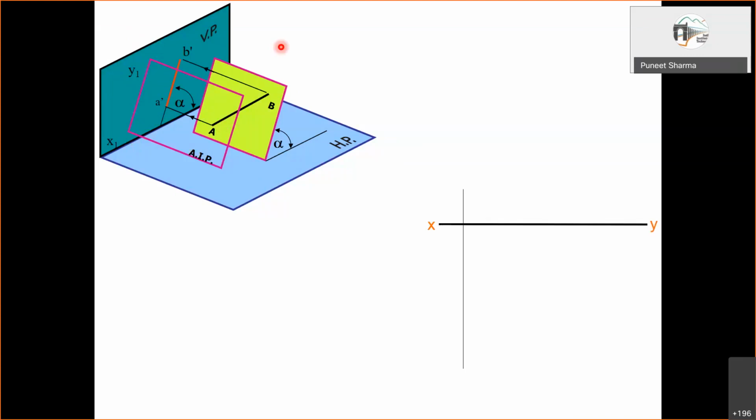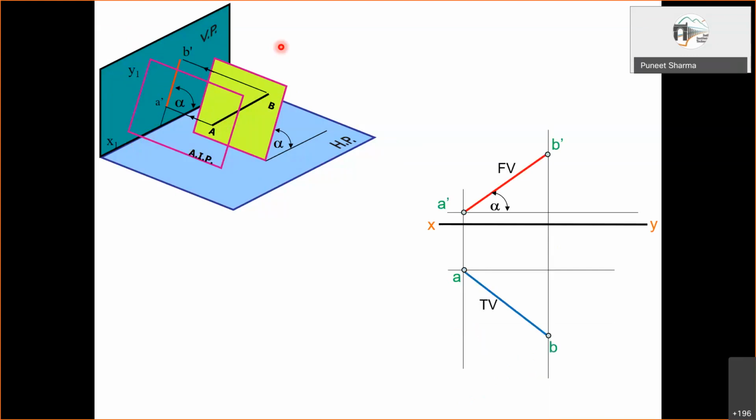So let us consider this case. We have say A dash and A known to us, then we have B dash known to us, small b also known to us. So say this much information is available to us. Now if we have to obtain the true length of the line and the true inclination with the vertical plane, then that will be visible in the top view. So we rotate the front view, we make it parallel to the XY line, and then we obtain the new top view. That is what we do.